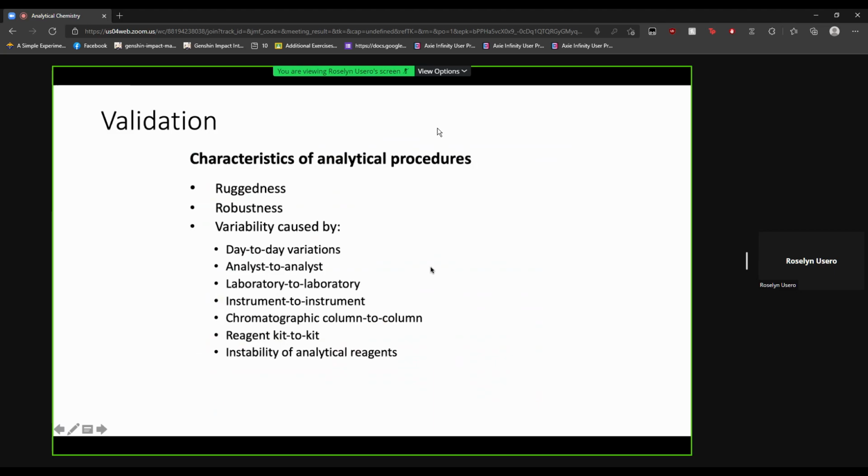Okay. So when you do method validation, you are checking the characteristics of the analytical procedures or methods, especially here, ruggedness, robustness, variability caused by day-to-day variations, especially the laboratory condition. The example,